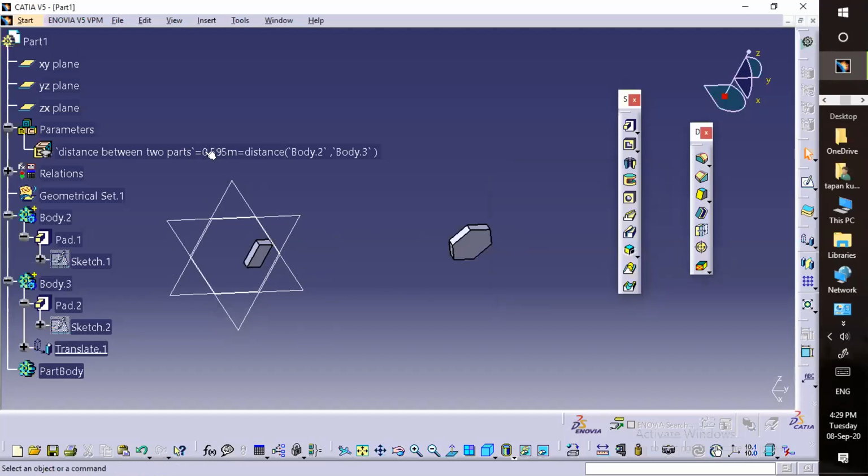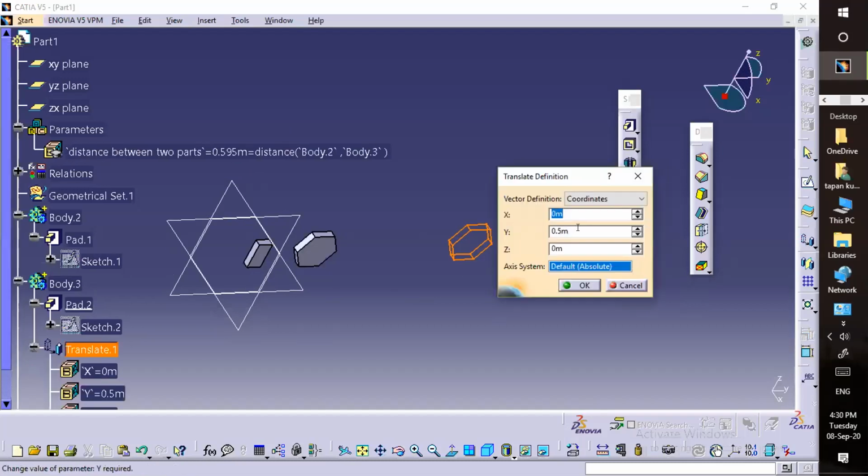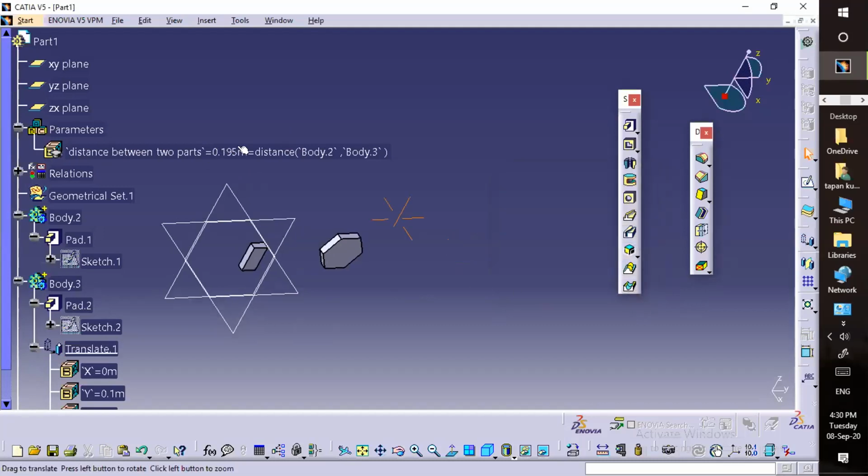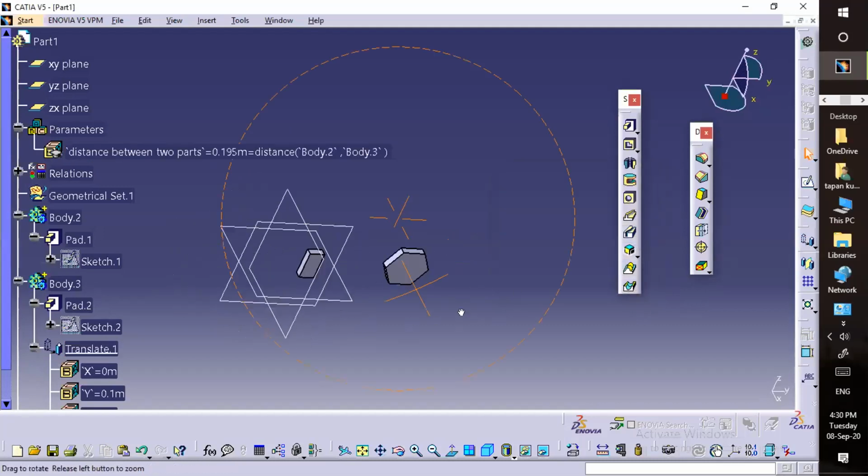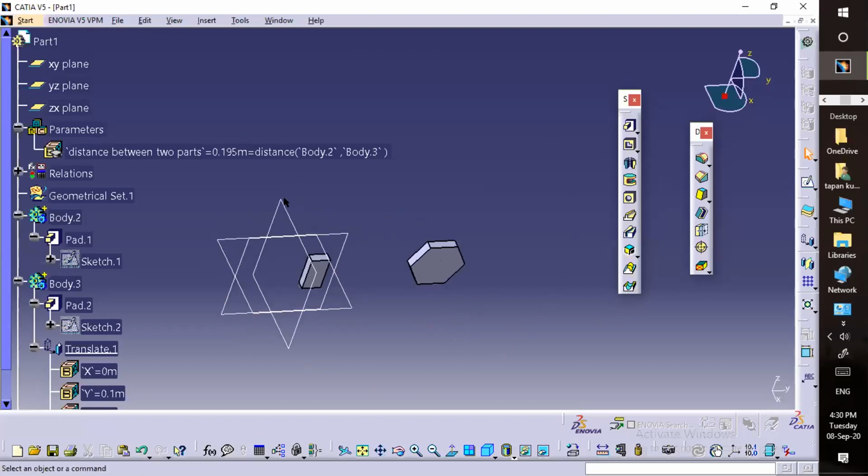Even if it is moved, see it has changed now. If I bring it closer, again that will change. So this is the benefit of measuring the distance by using eCale.